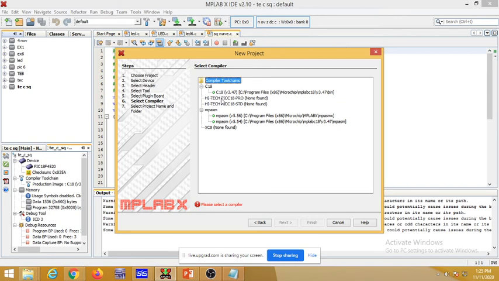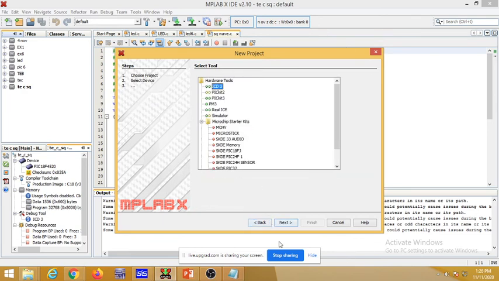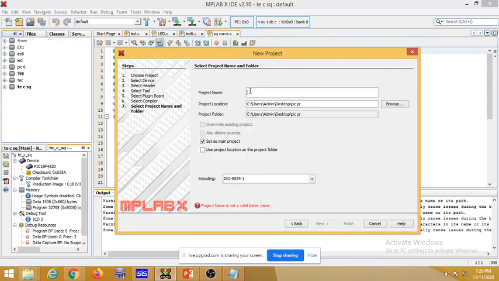Whereas in the PIC microcontroller, we are writing the program in embedded C, and that program you want to convert into machine language, and that's why we are using a compiler, that is the C18 compiler. Just choose that compiler, C18 compiler.